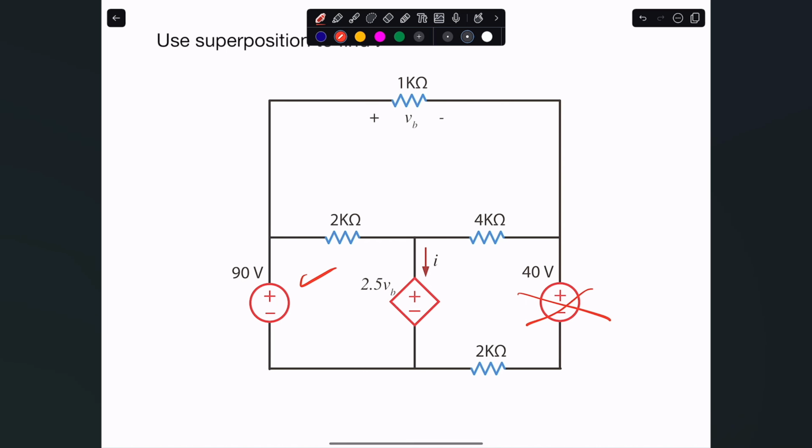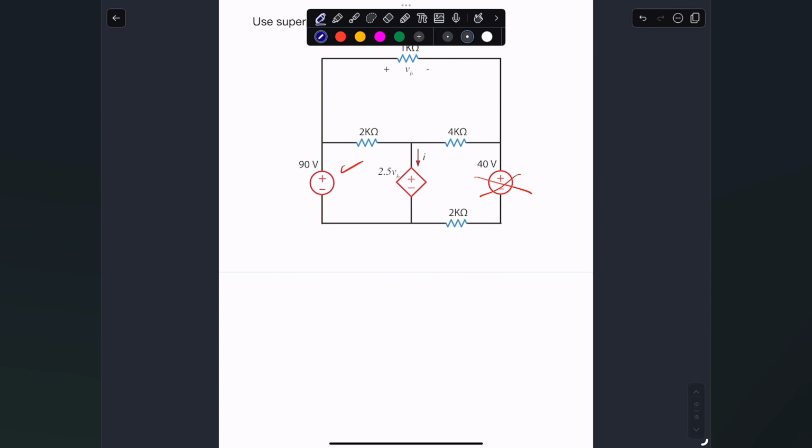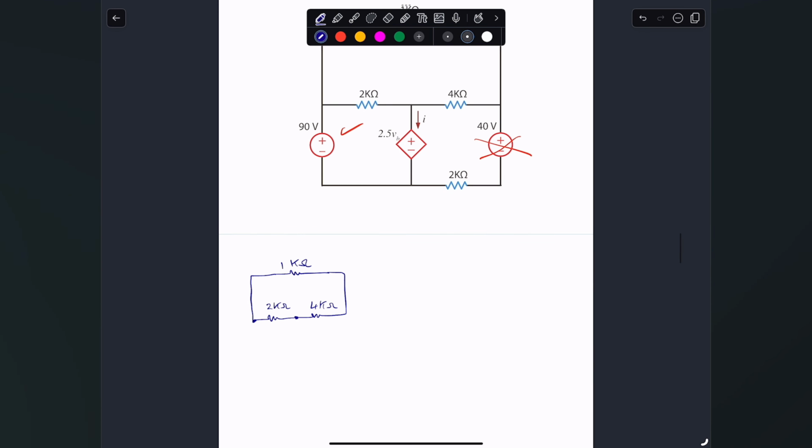So let me just draw that circuit for you. So here, zoom out a little bit. Okay, so let me just start drawing. So we will have the same resistor, which is 1 kilo ohms. Okay, we will have the same goes in here. That will be the 2 kilo ohms connected to another 4 kilo ohms, and then we do that here. So that will be 2 kilo ohms, and that will be 4 kilo ohms. And of course, the voltage sources, this stays on because this is what I'm studying, the 90